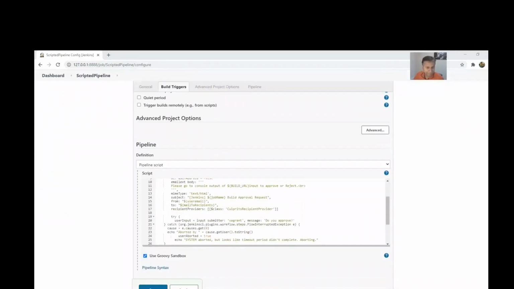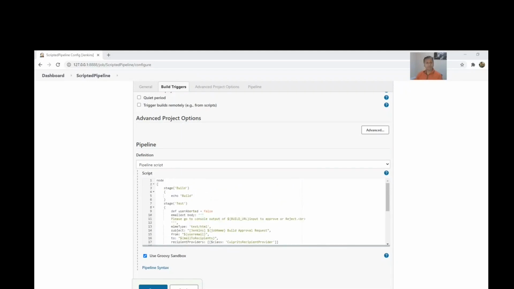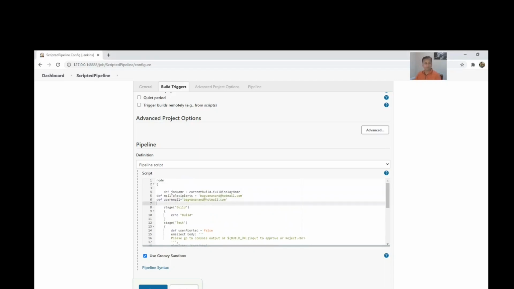Here there are some variables I'm using, like this job name and all those things. I need to declare these variables in the node stage itself, because they are more of a global variable.